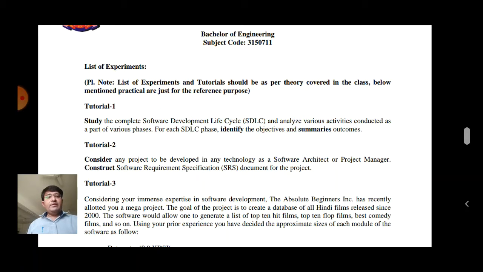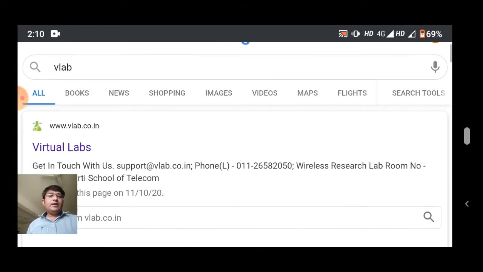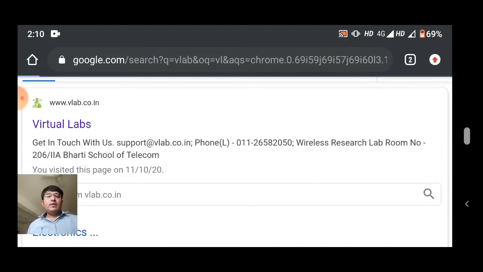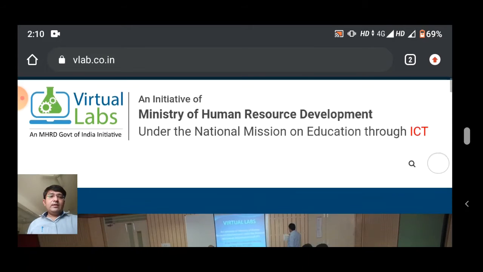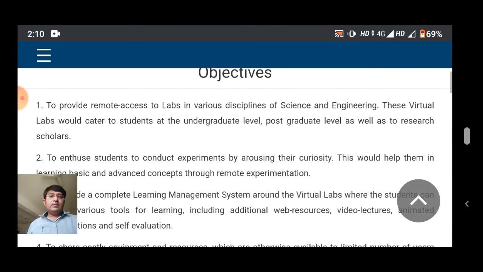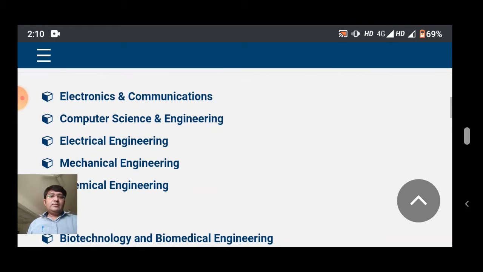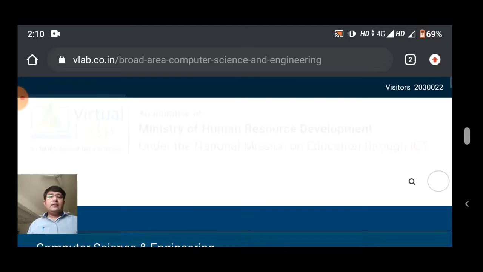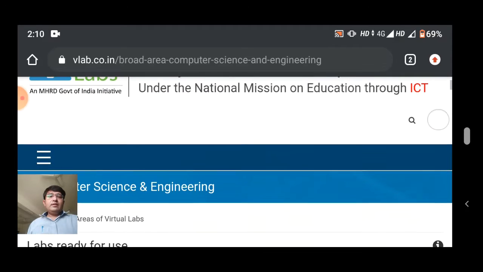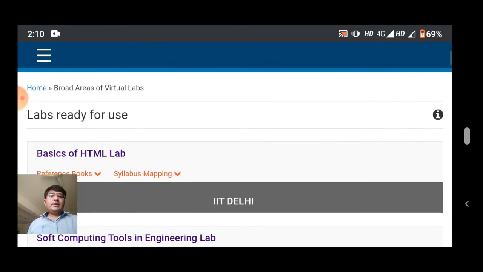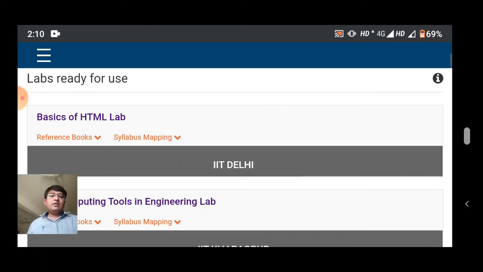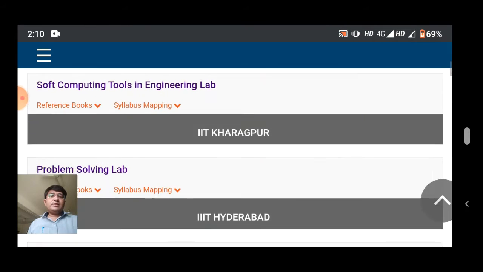For this type of experiment we need to log in or just open the virtual lab website. So here in Google just click on virtual lab. Here all the branches are mentioned for the virtual lab. Just click on computer science and engineering, and on this platform we also conduct the software engineering experiments.